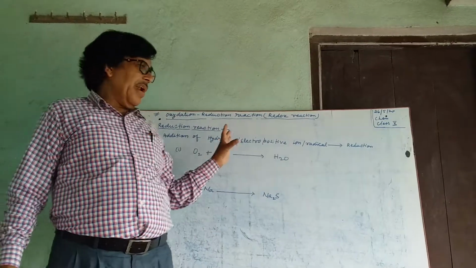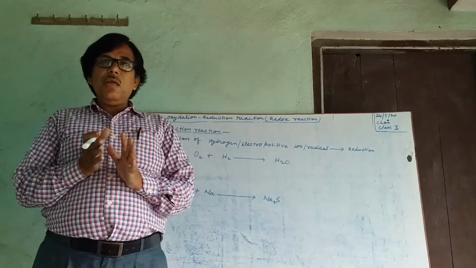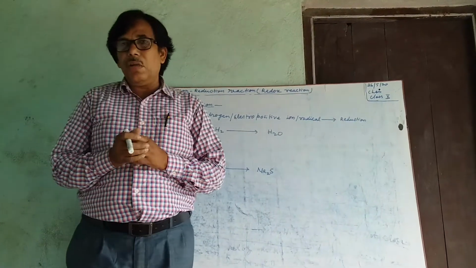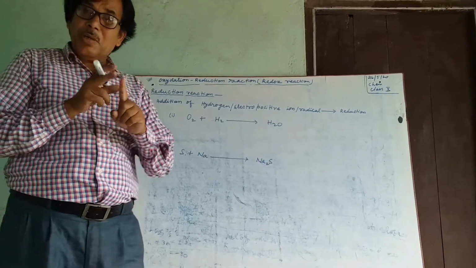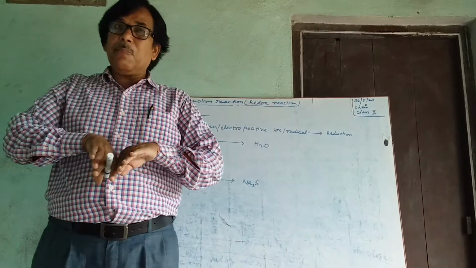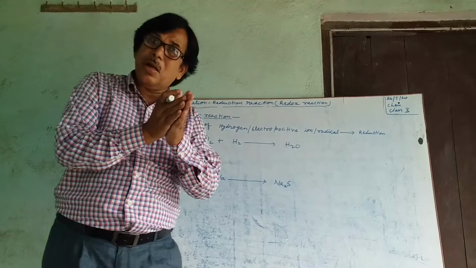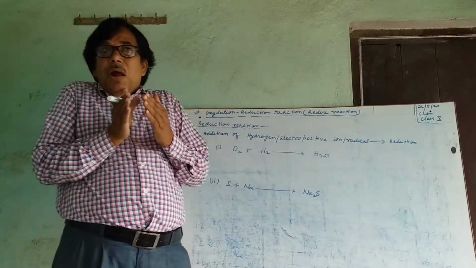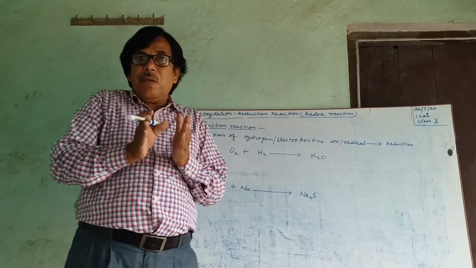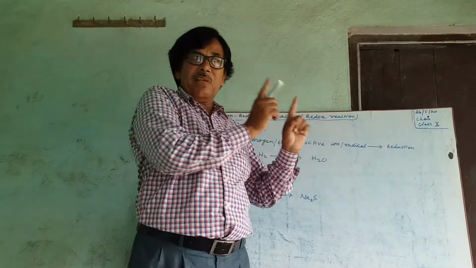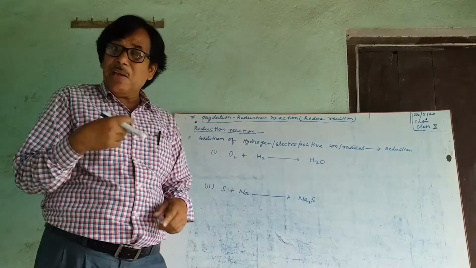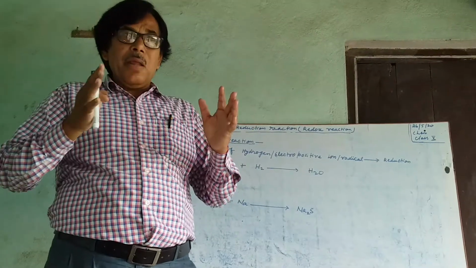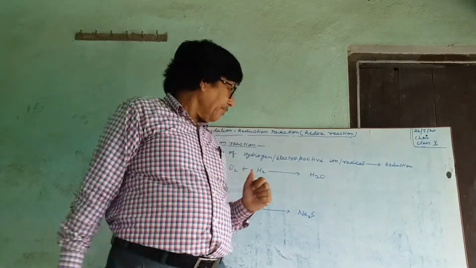We are studying oxidation reduction reaction. We have already discussed oxidation. I have already told you that oxidation and reduction can never be separate, they always occur together at the same time. But to make it easy to understand, I am explaining them separately. First oxidation, then reduction. Finally, I will make you understand how oxidation and reduction occur together.